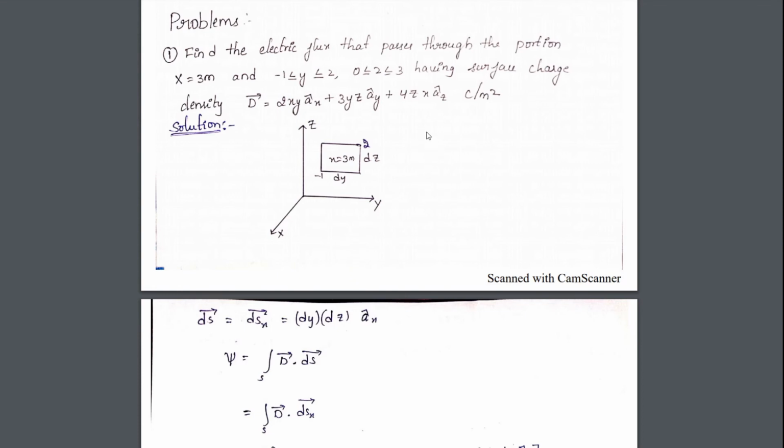So we are having a portion in which x remains constant. It is varying along which direction? Only y and z. So that is the area along what? X direction with y and z varying. So in that portion, there is some amount of flux density passing there. That electric flux density is given by D in Cartesian. So whenever they give an area and a flux density, you need to calculate the electric flux that is present in that particular portion.